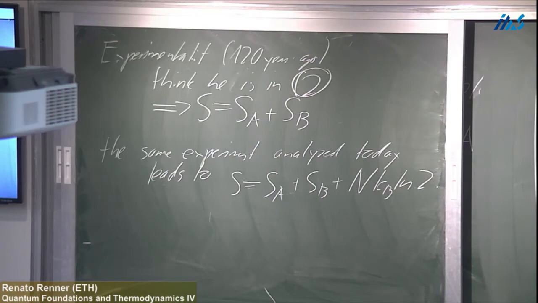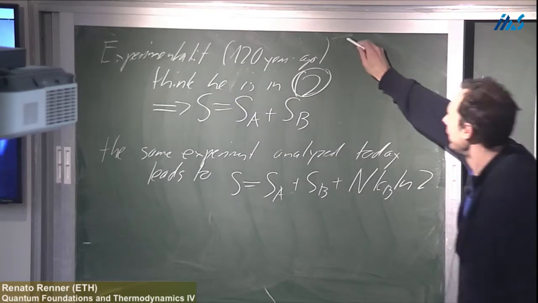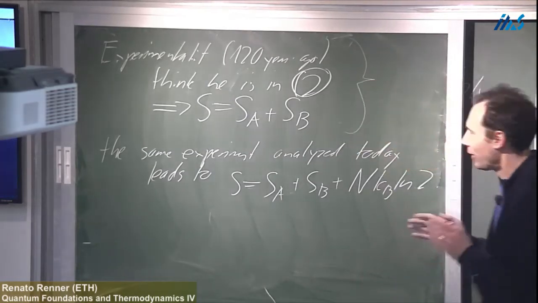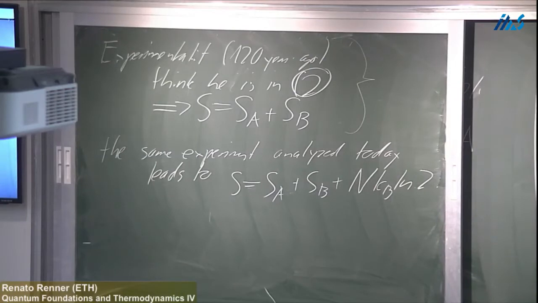So what do I mean that both are correct? How can it be that two entropy expressions are both correct? The point is that if you are an experimentalist in this scenario, and you simply don't know that, you have no clue how to distinguish these particles, then you can develop a theory where the particles are always modeled as the same. It's of course just a model, but you don't have a better model. And then your whole thermodynamic theory that you will develop will be completely consistent with everything that you can do